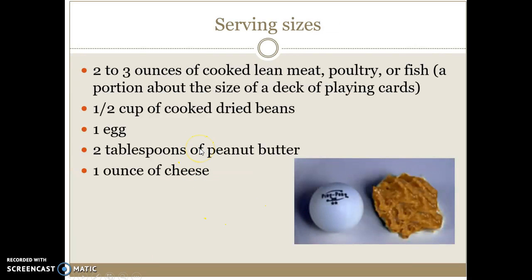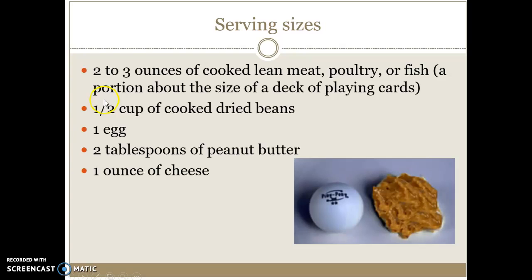Serving size we talked about in lesson 1, like what is a serving size? So usually you typically eat 2 to 3 ounces of lean meat at a serving. This ping pong ball is considered 1 ounce, so that's equivalent to like a tablespoon of peanut butter. 1 egg is considered a serving, 2 tablespoons of peanut butter, an ounce of cheese. So all of these servings are equivalent in the amount of protein they contribute, except I will say that these are equal to about 1 ounce of meat. A standard serving of meat is 2 to 3 ounces, but